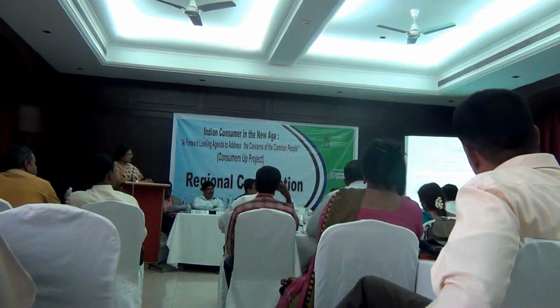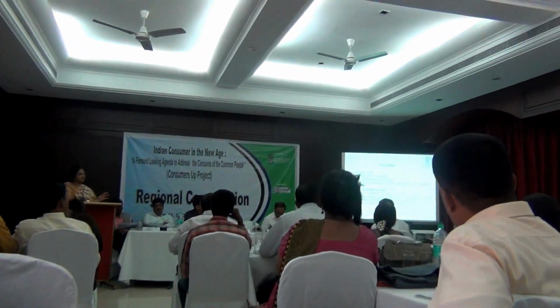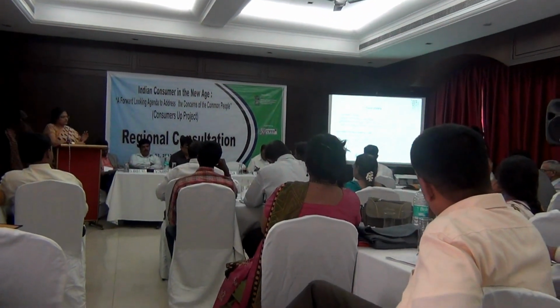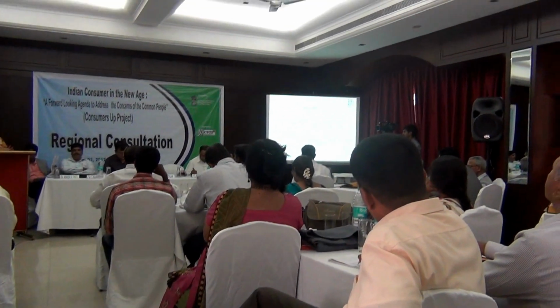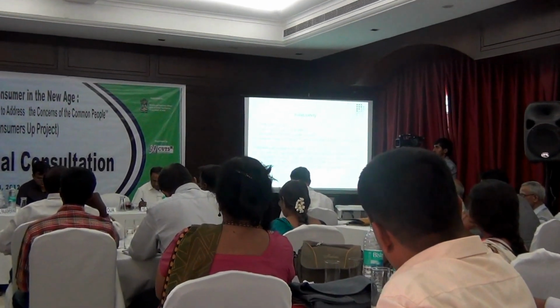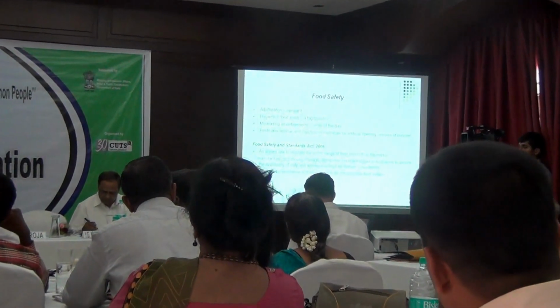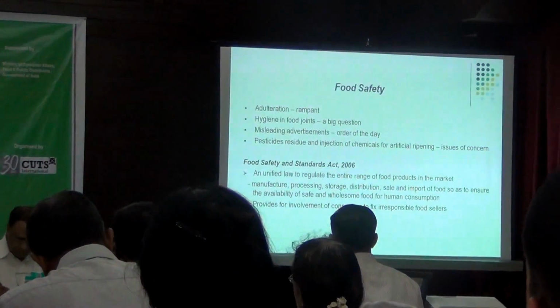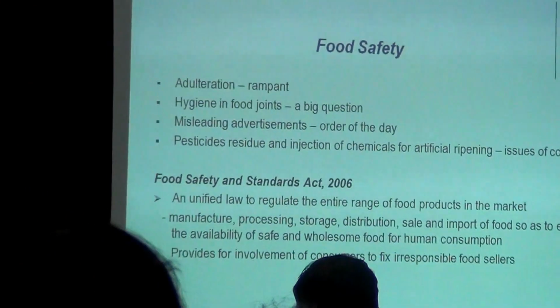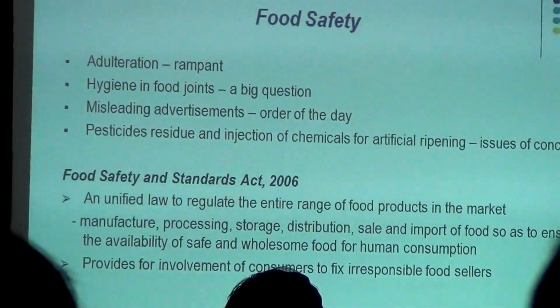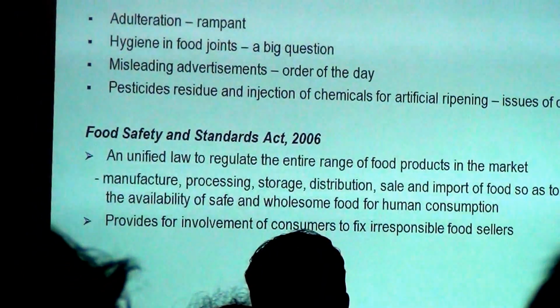Next page. So I have picked a few areas and thought we could look into them. I'm sure there are many other areas where safety is really a questionable thing today. First is food safety. Adulteration is rampant. In fact, a recent study done by the Food Safety and Standards Authority of India